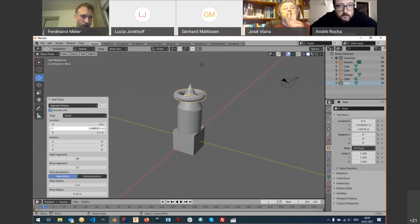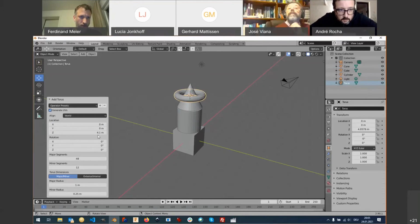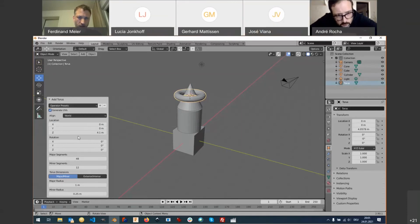Actually in Blender, with all the number inputs, you can either drag with your mouse over the number input, or you can use those little arrows for moving. Or if you click in it, you can just write a value and hit enter, and it will update the value. Right now this is not very important if you have exactly the same numbers as me, but